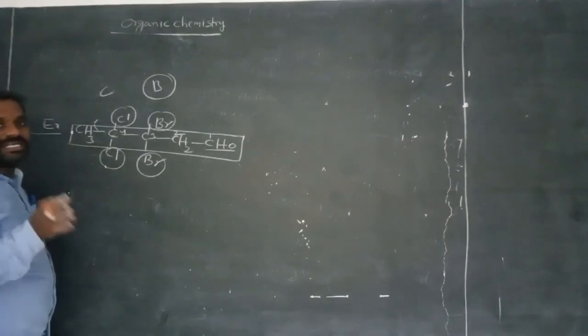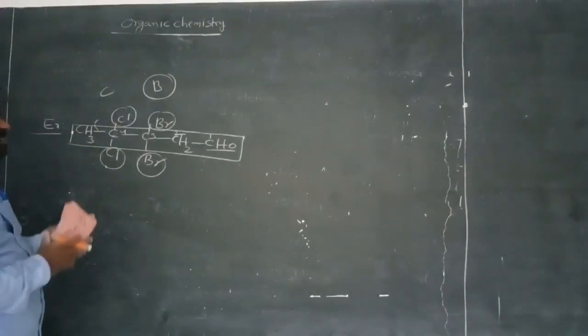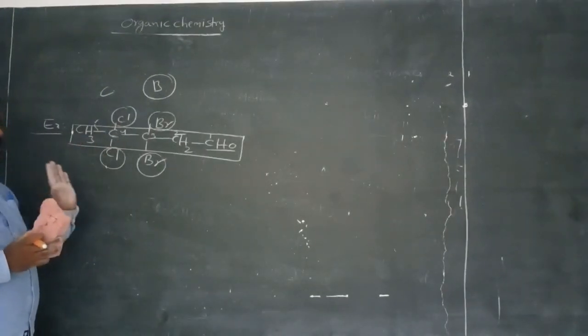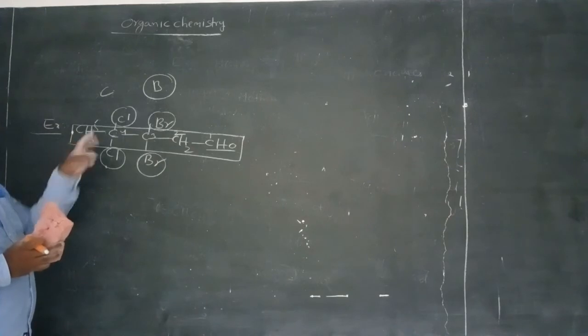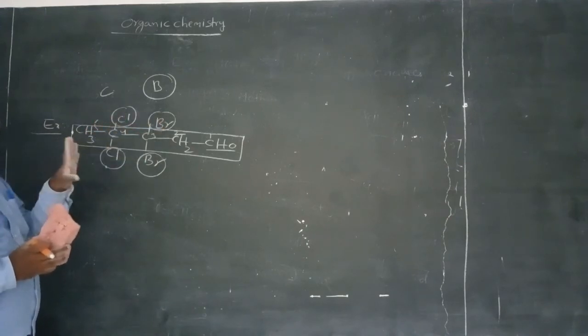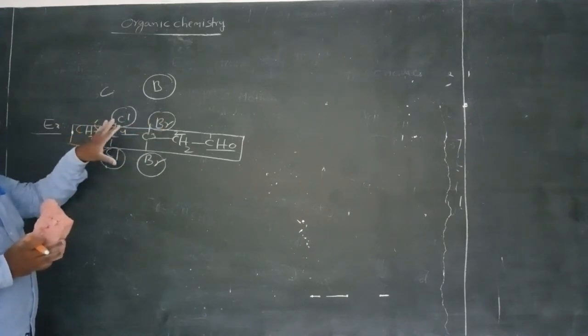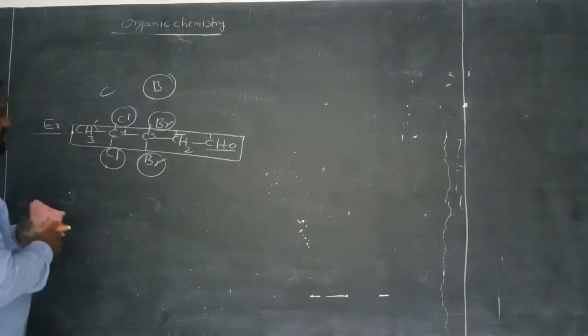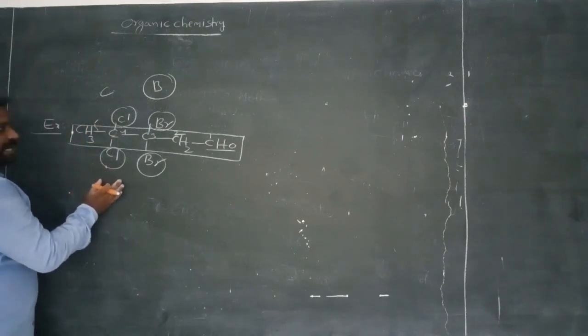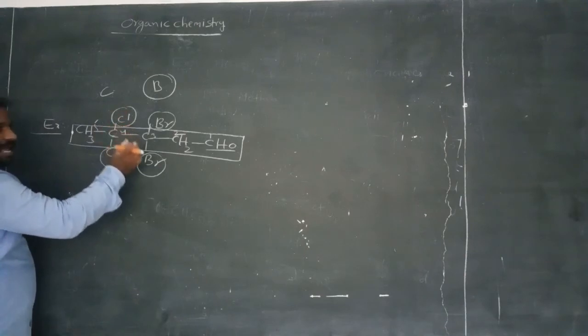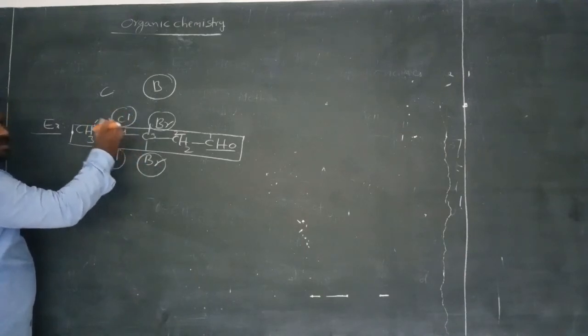What does it tell? It clearly tells about the substituent. Is there any substituent present on the main chain? Clearly there are two types of substituents: one is chlorine, another one is bromine. Both are halogens, which always act as substituents. Am I right? Now in the case of substituents, first we have to write the substituent name which gets the least